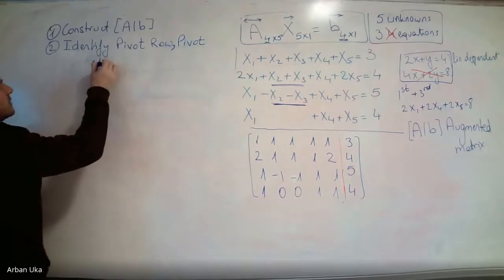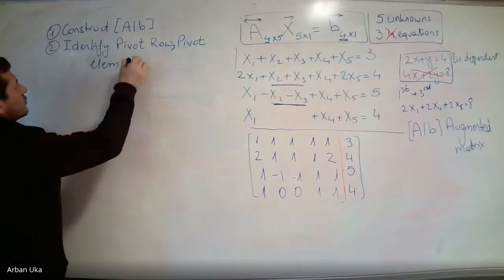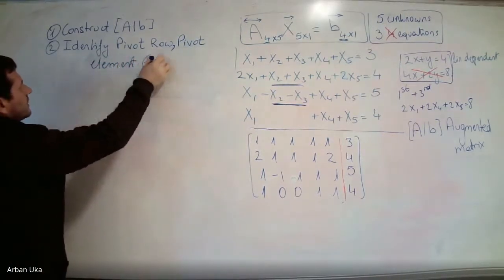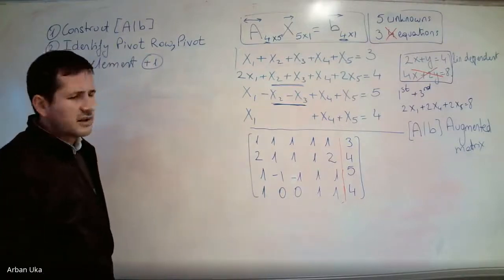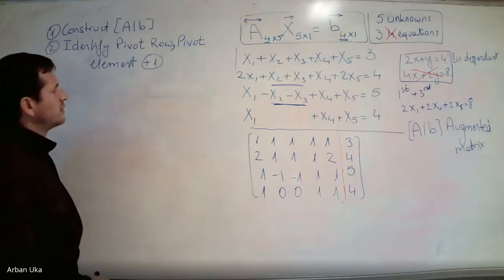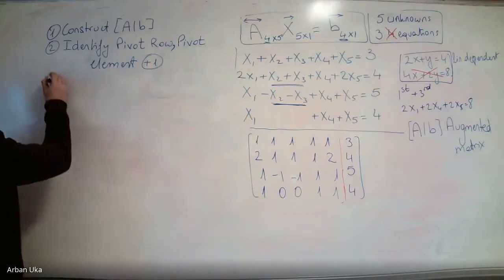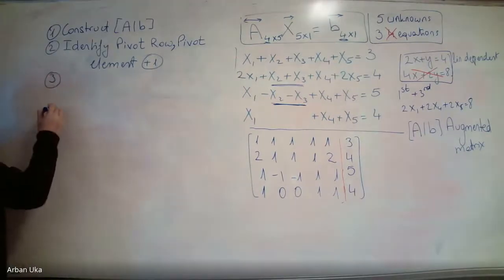A pivot element, but pivot element, they have to be +1. Okay? So a pivot element is going to be normally the leading number. So we want it to be +1. Then the third step is